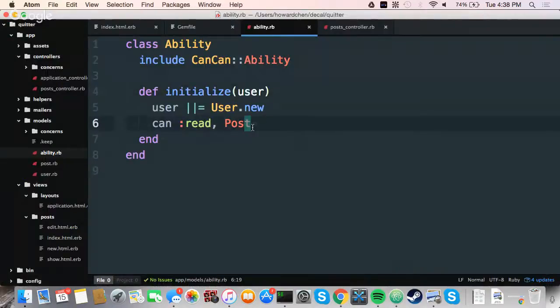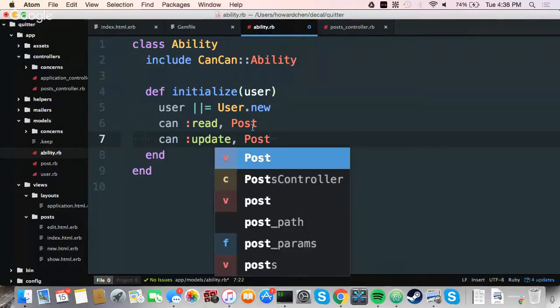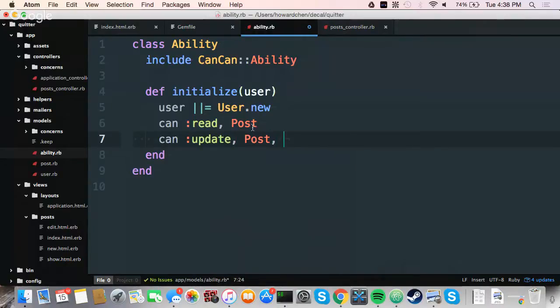Now, we don't have projects. What we have are posts. So I'm going to write another line, I'm going to say I can edit, update, because it's CRUD. I could update the post. Given what conditions? Anybody think of conditions that I could know that I would be able to determine that this post is editable by me? How do you identify a post belongs to a user? Yeah,